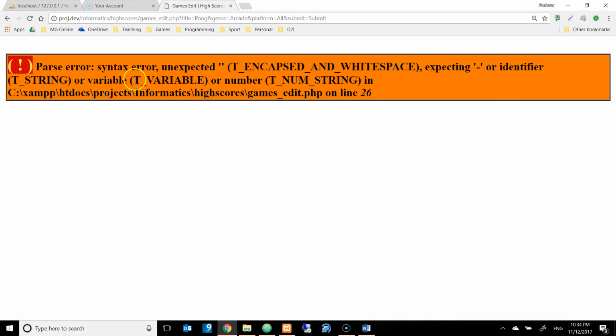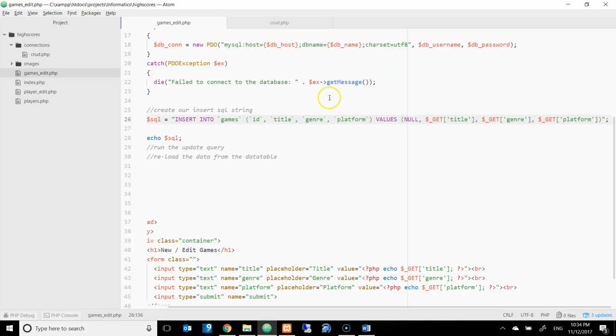Expecting dash or identifier or variable or number in line 26. Insert into games. All right. Yeah, I can't do it like this, of course,